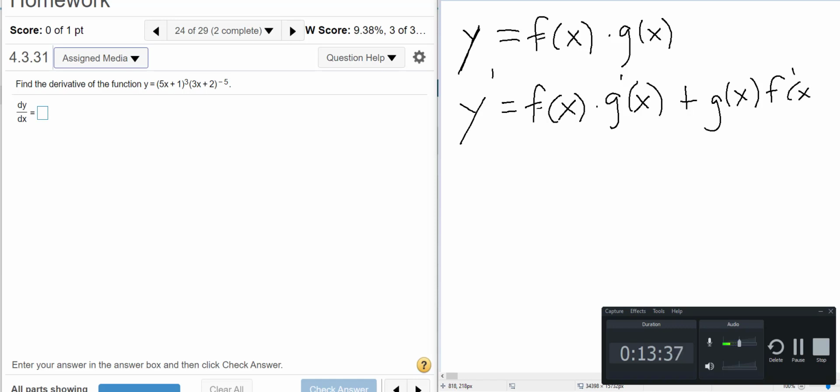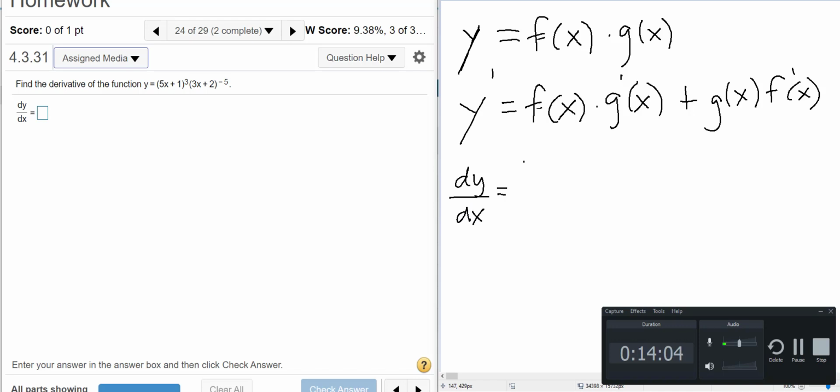In each case, the base is differentiable. I can take the derivative of 5x plus 1. I can take the derivative of 3x plus 2. So for that reason, I have to apply the chain rule whenever I take the derivative of each one of these powers. So dy dx, using their notation,